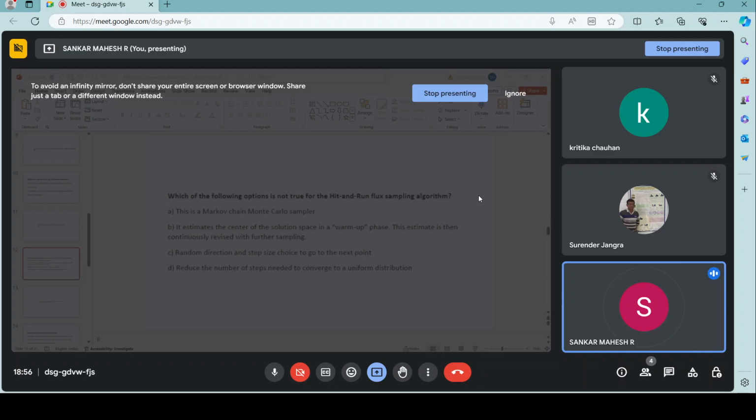Is that first clear with respect to flux balance analysis for both of you? Yes, sir. So we have a flux cone in which multiple different flux values are possible. They are feasible solutions,